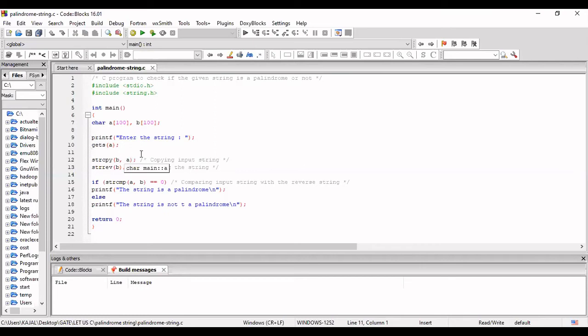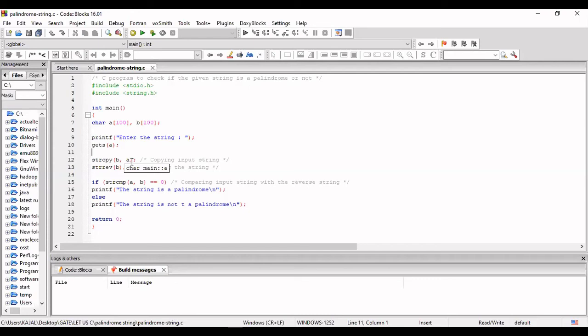But whenever we are reversing the string entered by the user, which is stored in A, if we reverse it at the same location, then the actual string entered by the user will get lost.